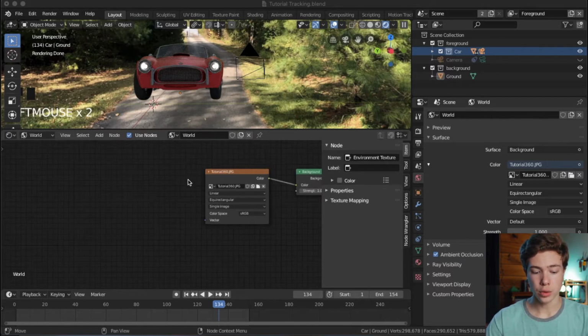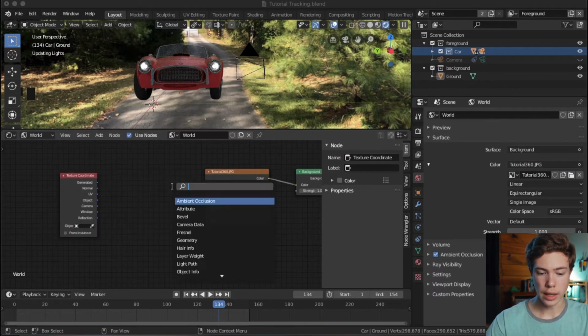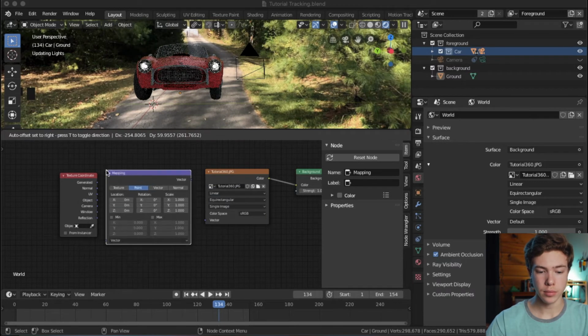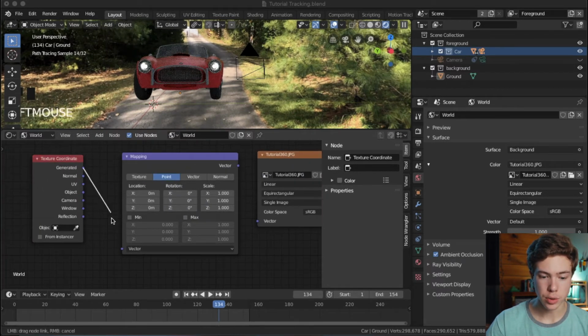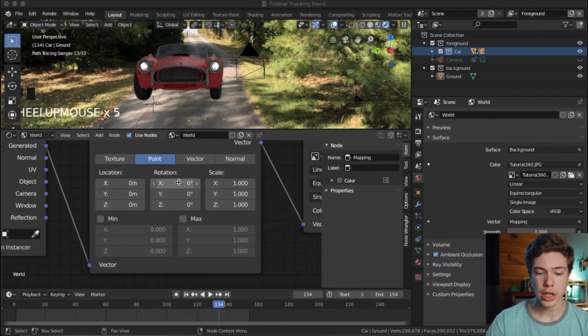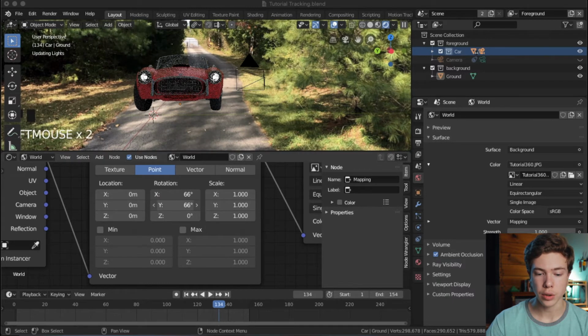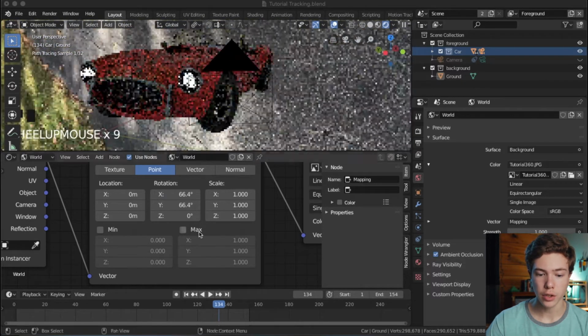So what we want to do is rotate this image in 3D space. First off, I'm going to add a texture coordinate node as well as a mapping node. And take the generated output of the texture coordinate and put it into the input of the mapping, and then take the vector output of the mapping and put it into the vector input of your image. Now we can change the rotation right here and rotate where our image is. So if we change this up to something crazy like that, it will, in a little bit, update and change. Obviously that's not how we want it to be rotated though,